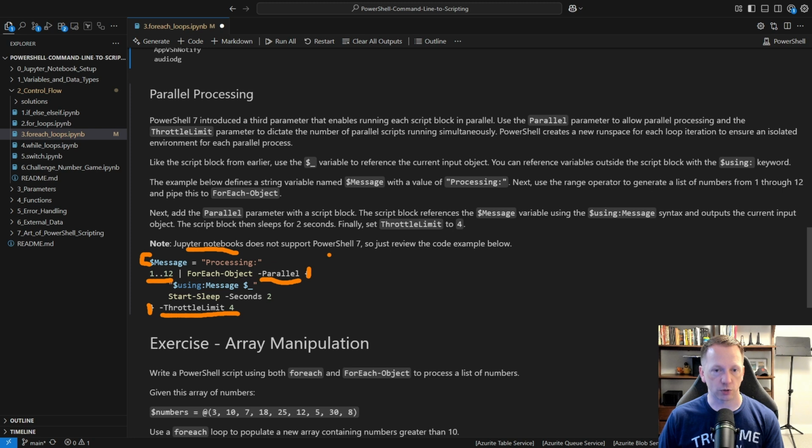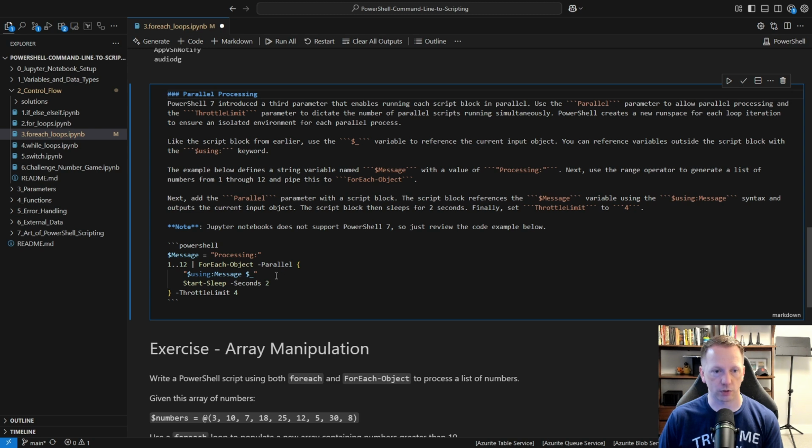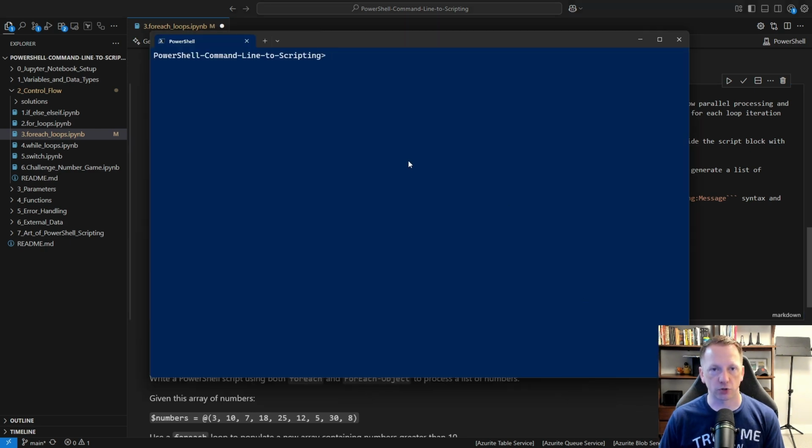Now, unfortunately, I do have a note here. Jupyter Notebooks don't support PowerShell 7 currently. This is trying to run in Windows PowerShell 5.1, so this actually doesn't work. But let's go ahead. I'm going to just edit this real quick. I want to grab this code here, and let's take a look at what this looks like when I run it. Here I'm out in a regular PowerShell window, and this is PowerShell 7. I'm going to paste this in